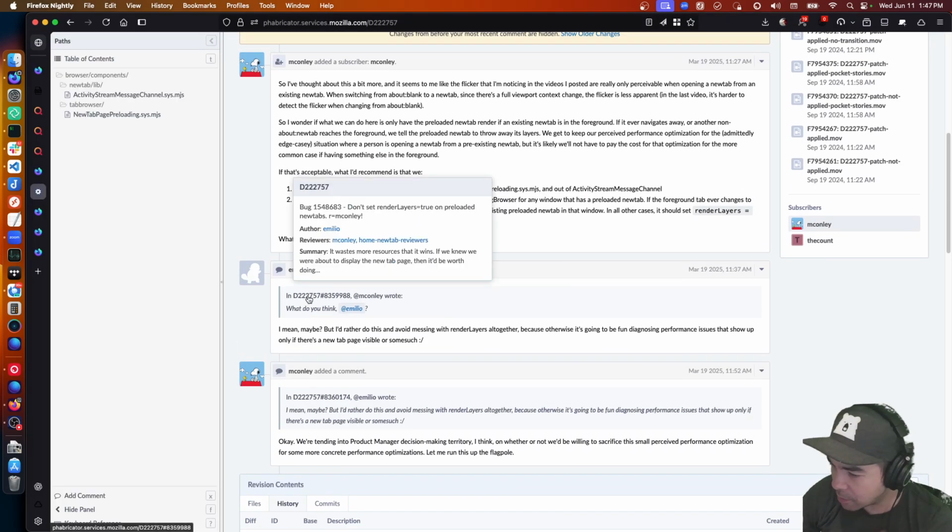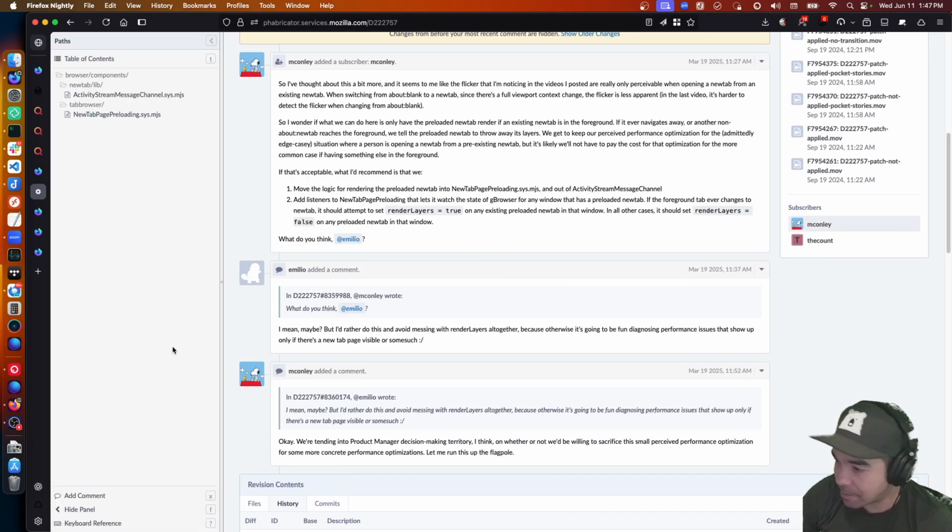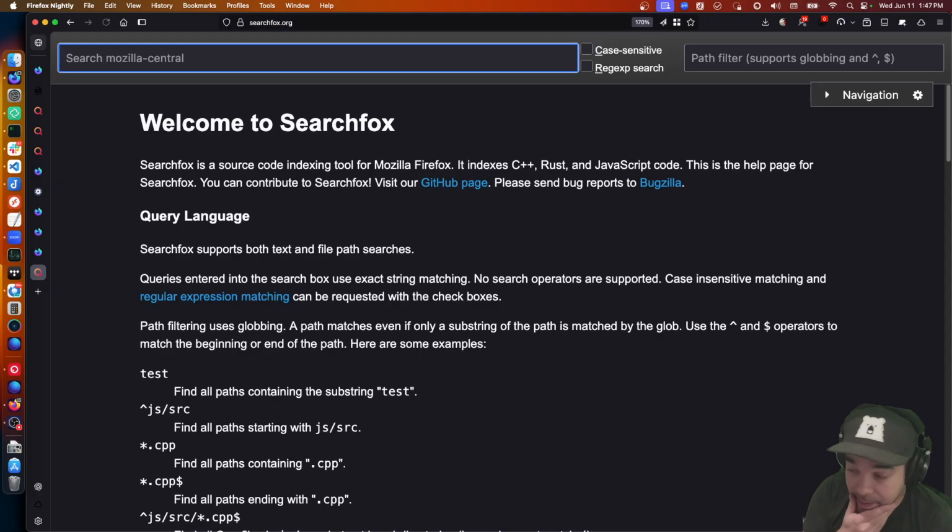But let's talk about lowering the frame rate. Is that possible? Maybe. It might be possible to drop the frequency of the refresh driver. That's the thing that causes paints to occur at a certain frequency on a particular page. We could look into that. So let's look. Refresh driver.